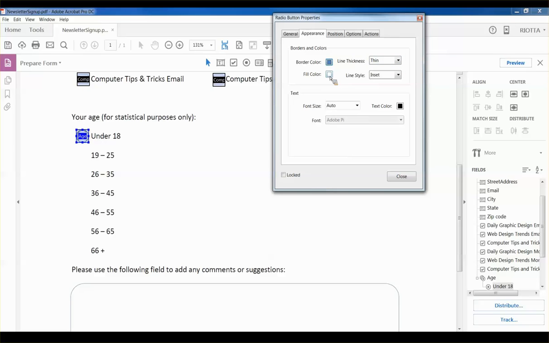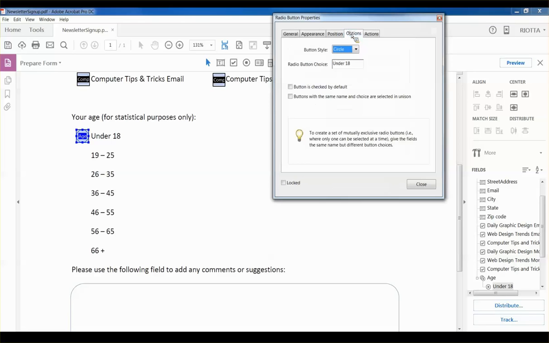Fill color, we'll just leave white. Line thickness, I'm going to leave it thin, but line style instead of inset, I want solid. And the rest of these we can leave as they are. And you could choose one of these as checked by default. I'm not going to do that because I don't want to require these either. All right, so once we have all of that changed,